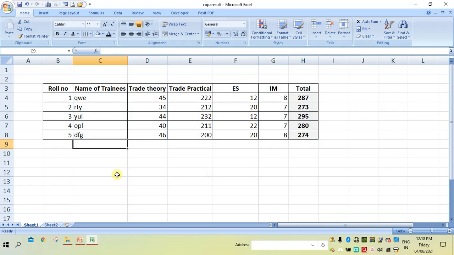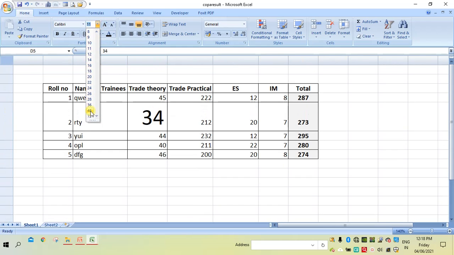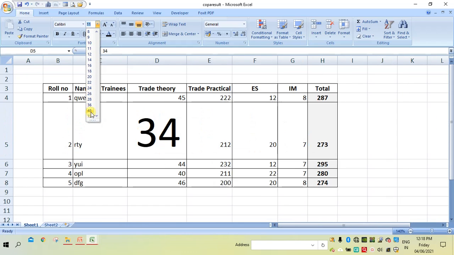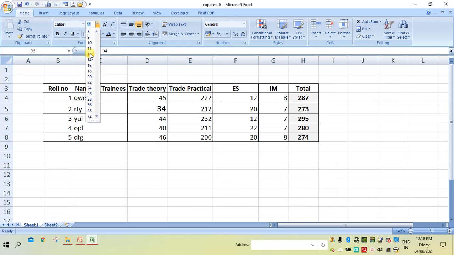How to increase or decrease the font size. Suppose to increase the font size to 34, select it, and you can select any one number. It is a font size. The default maximum number is 72, whereas the minimum is 8.